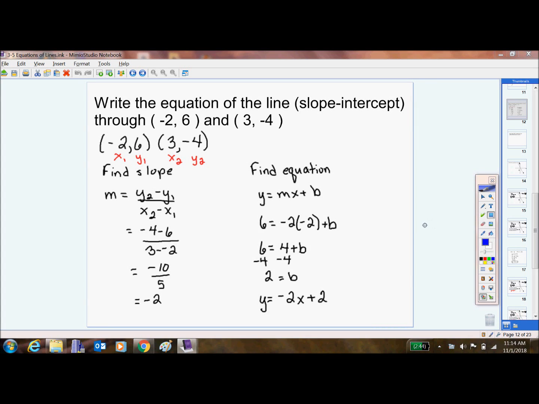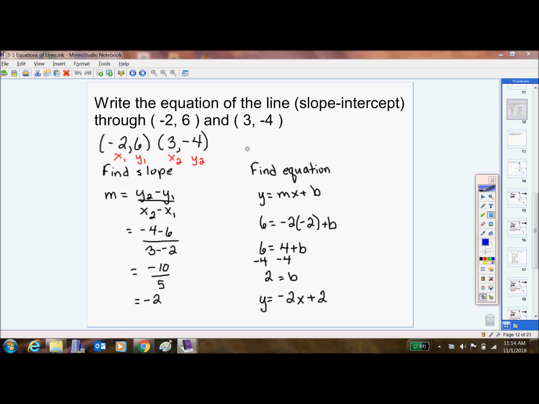Equations of lines lesson. Yesterday we did an example where you've got two ordered pairs, and we make them into a slope-intercept equation. So we need to take a look at a word problem relating to that. Rather than having everybody spend a lot of time writing one, I want everyone to look on page 139,